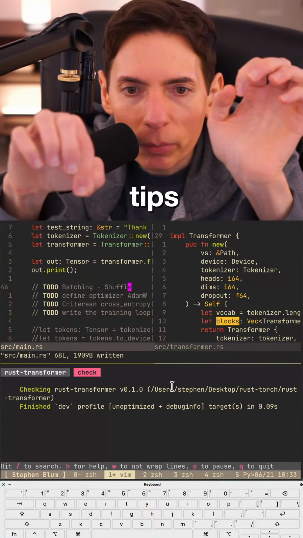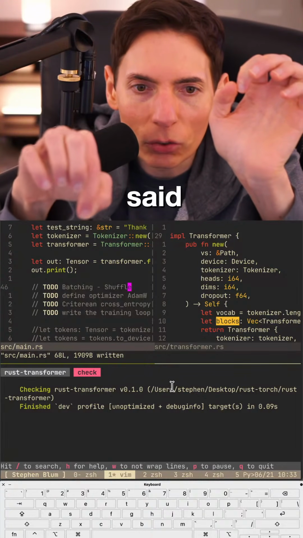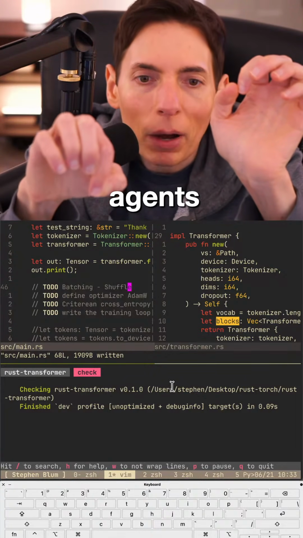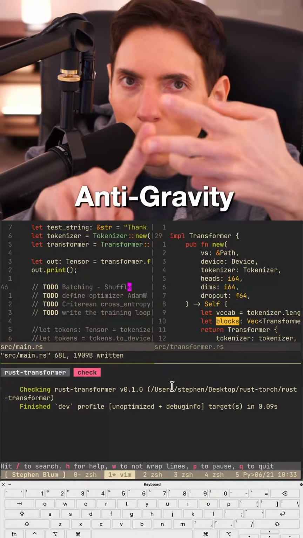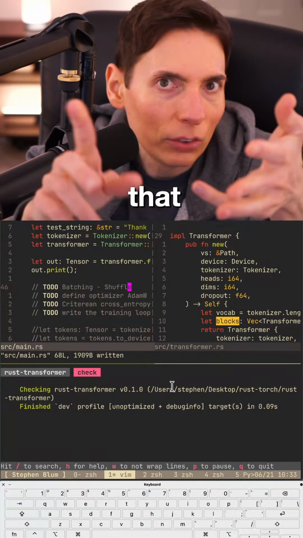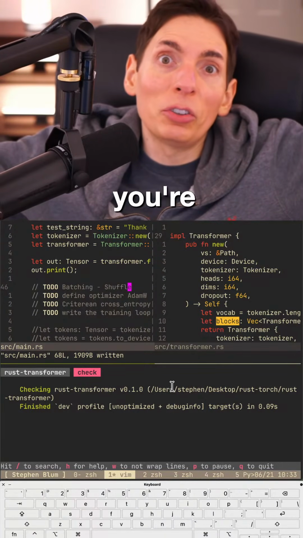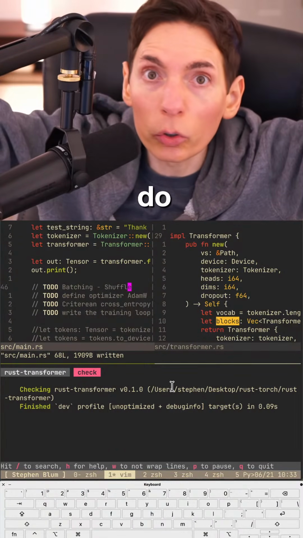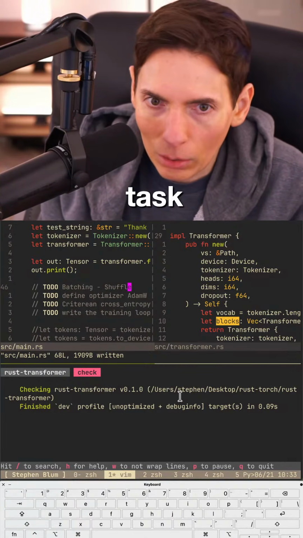Hey, can you give me some tips on the AI workflow setup to build web apps? Like you said, set up 10 agents. My recommendation is just to use Antigravity, Codex, or Claude. Is that what you're saying? I think that's what you're saying. I'm pretty sure. You're just like, which AI to use? You don't need to do multi-agent because it's too simple of a task. It's too simple.